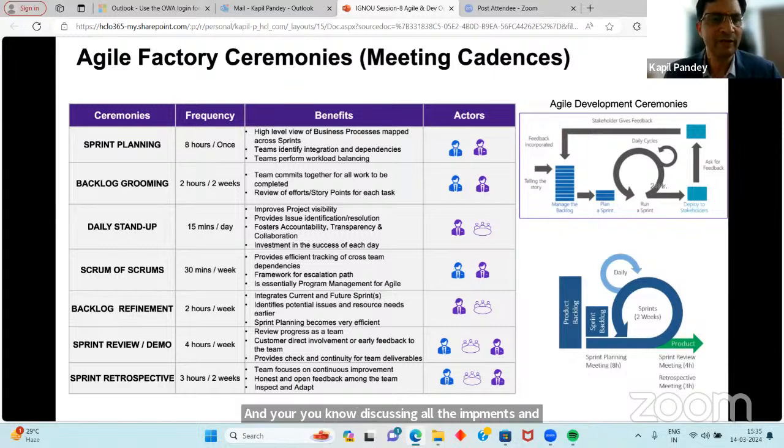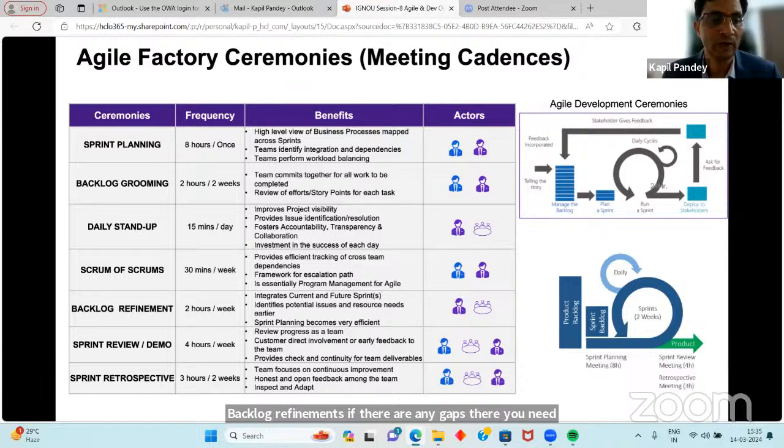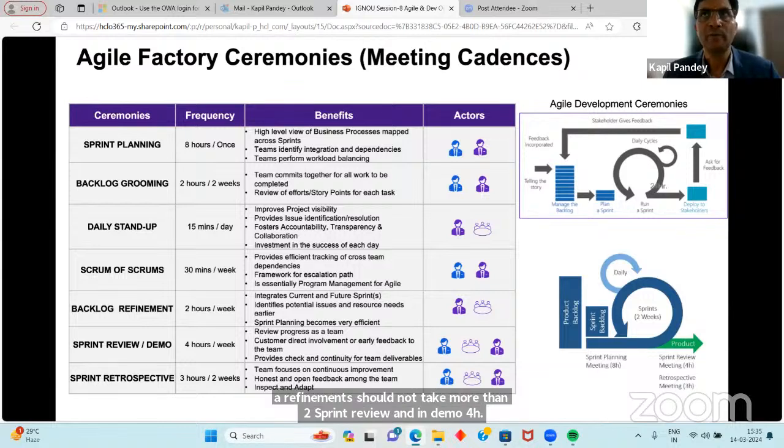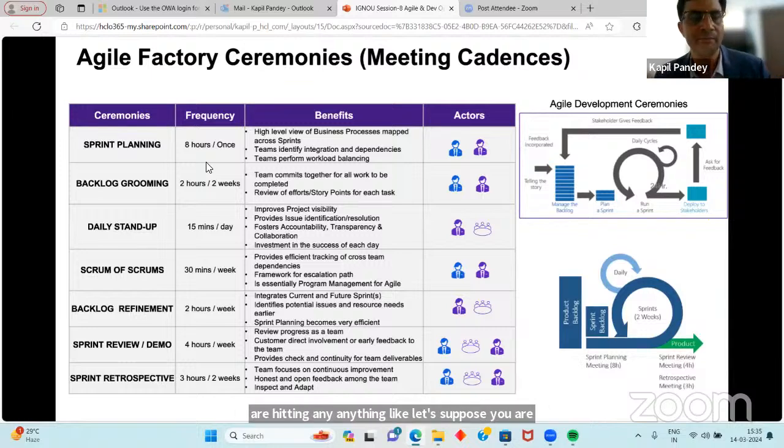Scrum, 30 minutes a week. Backlog refinements, if there are any gaps, need refinement. It should not take more than 2 hours. Sprint review and demo, 4 hours, right? Because for, let's suppose, a 2-week sprint, 4 hours per week are enough. So of course, time should be well distributed. If sprint planning is happening for 4 days, you cannot deliver your sprint, right? For a 2-week sprint, it will be difficult to